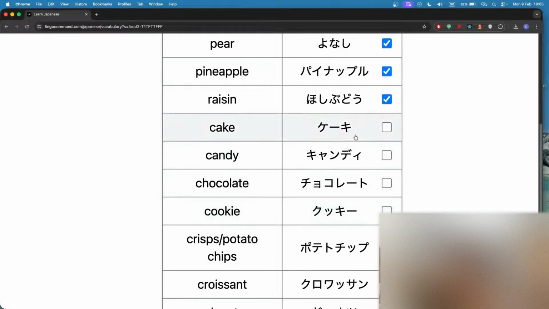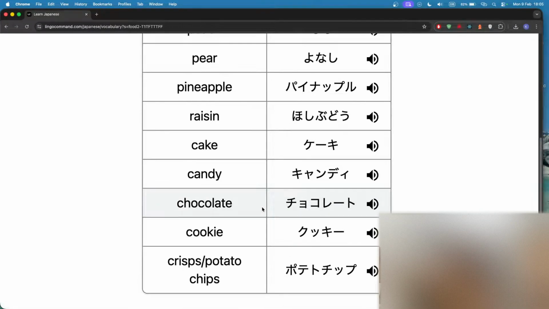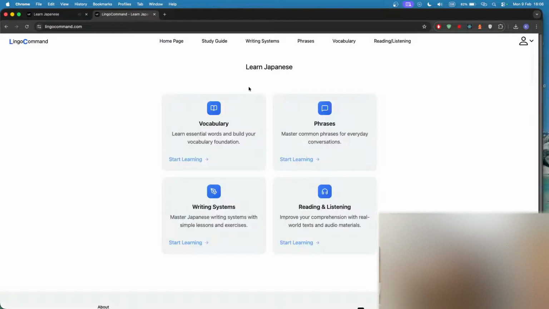And so we'll take 1, 2, 3, 4, 5. We'll hide the unselected words. Okay, so there's a bunch of junk food. And it's all katakana. Keiki. Candy. Because this E is half size, so I think this just means D. Candy. And the way that we can check this is if we go to Lingo Command on a different tab and we go to